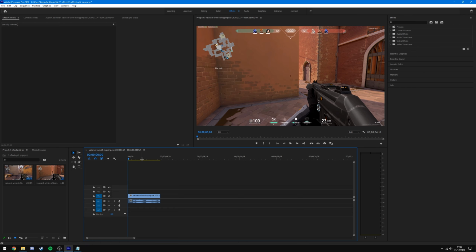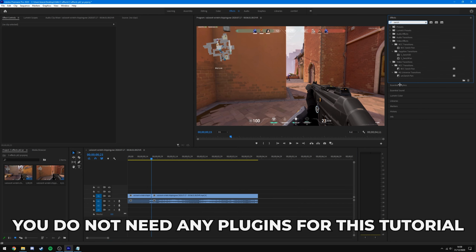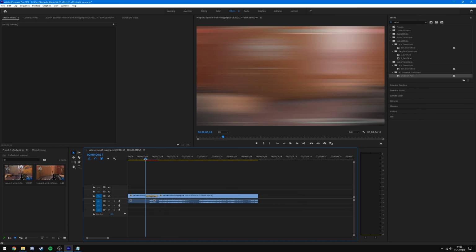I've created some custom presets which you can get for free in the description, but essentially what a lot of editors will use is an effect called Swish Pan. So if I cut this and I search for Swish Pan, you won't have this if you don't have the plugins, but don't panic, I'm going to give you free presets so that you will have them. So essentially you see Uni Swish Pan, I'm going to drag that on, and basically all it is, if I play the clip,